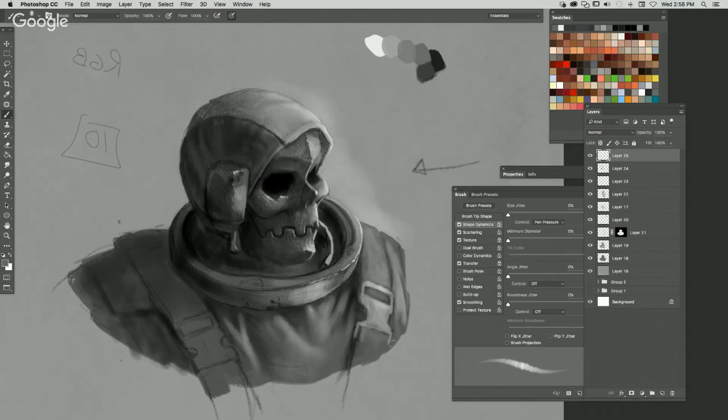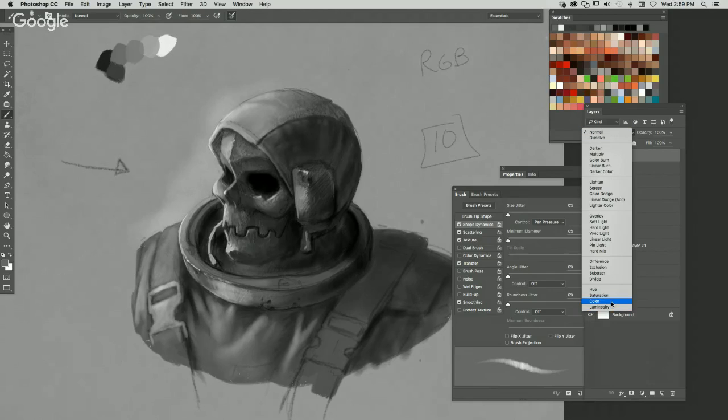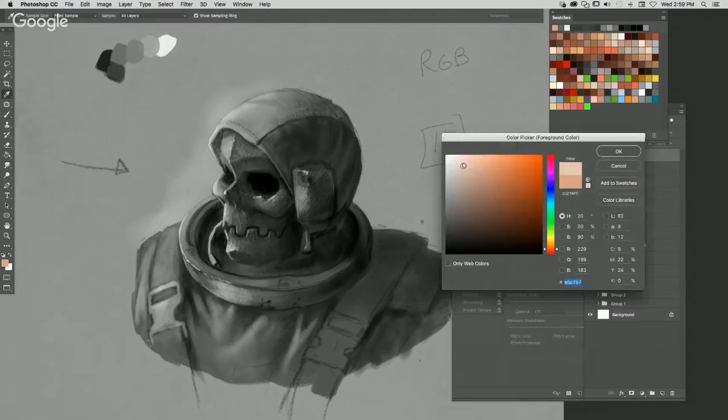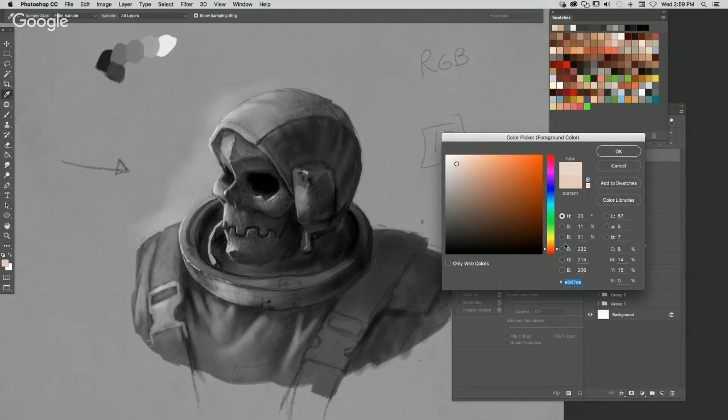All right. So now that I have my grayscale image here, for the most part, we got some good value ranges going on. I think some things could be pushed further, but for the most part, we're going to run with this. The way that most people go from grayscale to color is you create a new layer, change the layer mode to color, and then you paint in. So in this case, I'm going to try to match these colors a little better. Actually more yellowy.